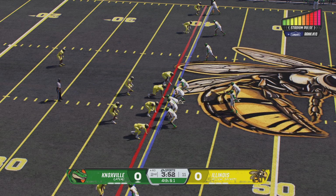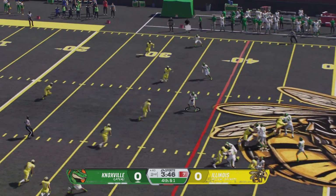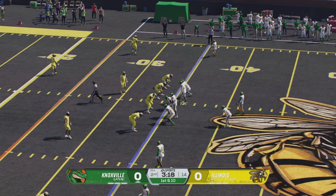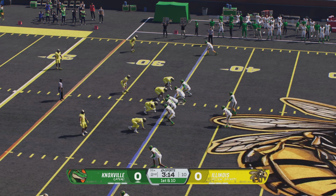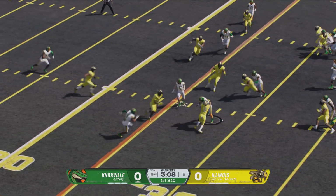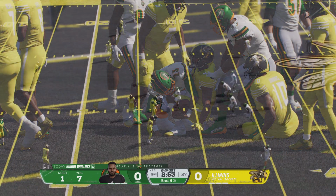Fourth down. No punt. Out of field goal range. They're going for it. And the quarterback looking to make a play through the air. Pass is caught. And moves the ball to the 35. And another first down. A new set of downs after that completion. And the quarterback keeps it here. They've got him after a 7-yard gain, so 2nd and